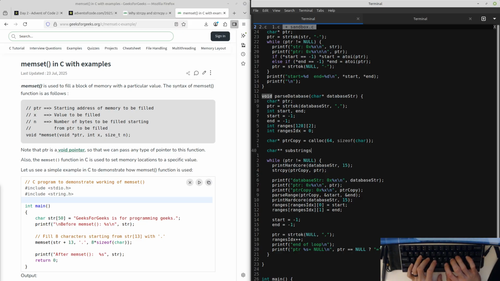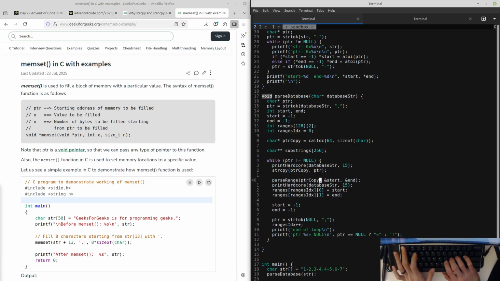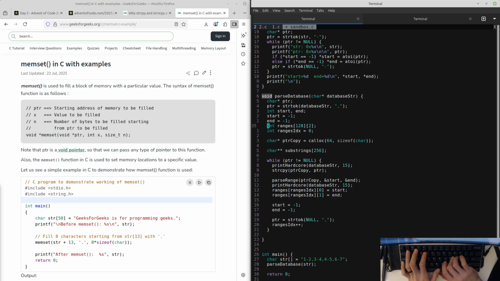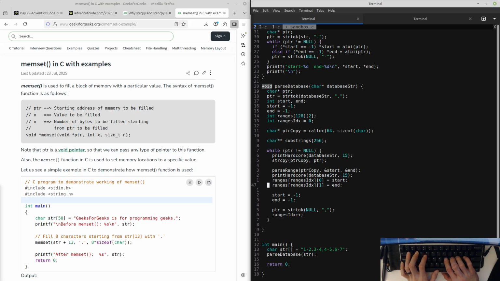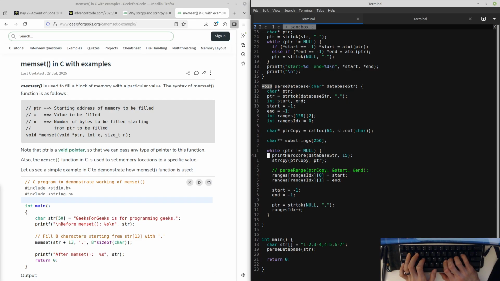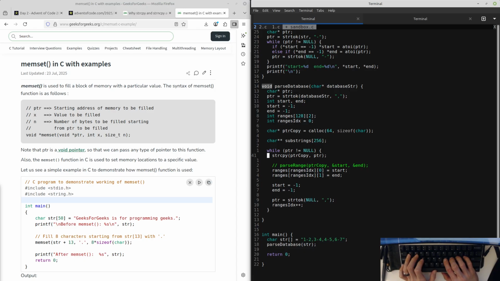Substrings. I don't know how many there's going to be, but let's just try doing that. Well, the problem is, well, that doesn't really help us, because if we're able to, no, that works. That's fine, because we can get rid of all these now, I think. So we'll want to parse range later. We shouldn't need to print the hardcode anymore, or copy that, at least not in that way. So what we'll want to do instead,